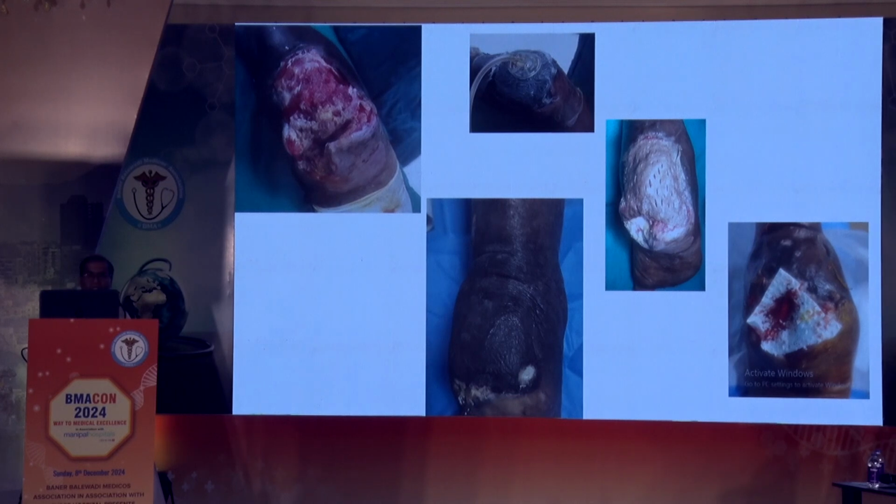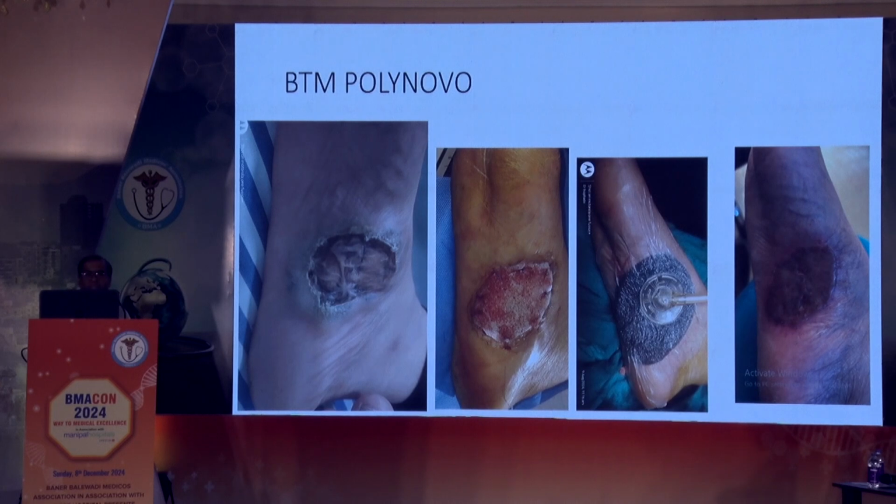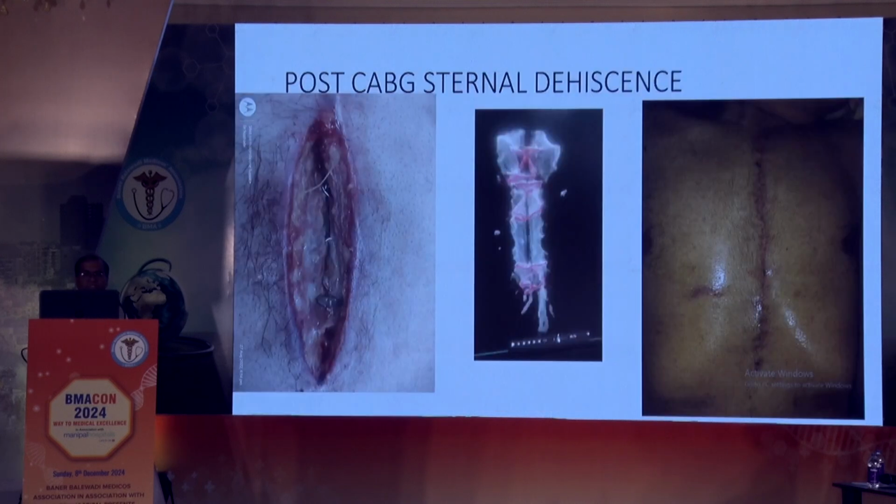Video is not playing. Anyway, one more case of chronic osteomyelitis following diabetes. Partial calcanectomy was done, negative pressure wound therapy applied, skin grafting done, biologically active Myriad applied. Chronic venous ulcer also responds very well with this advanced method. BTM Polynovo is one of the newer available extracellular matrices, but it doesn't have any biologically active molecules. It just provides structural support. It is used to control the contour deformities.